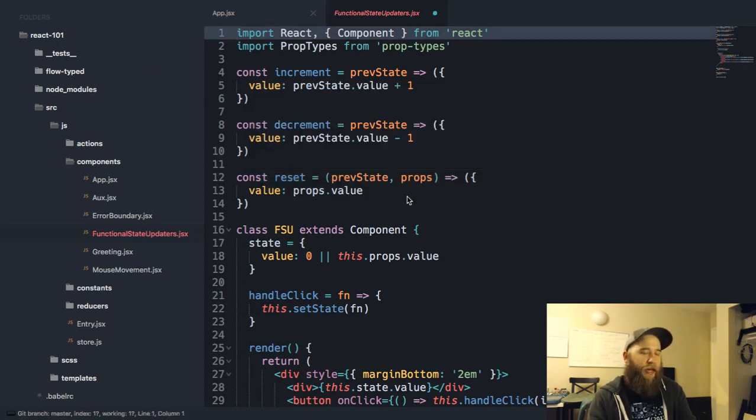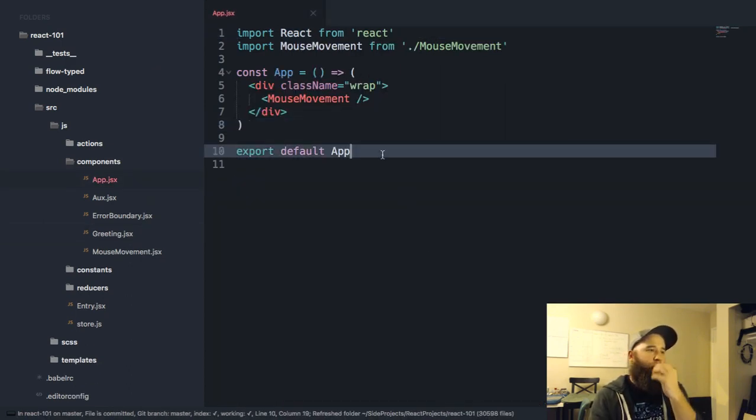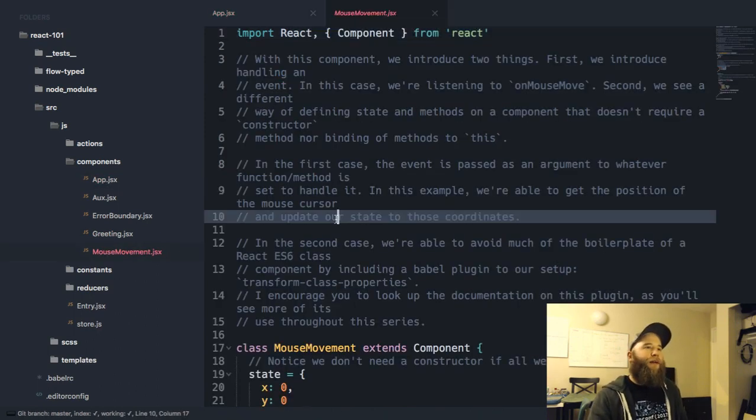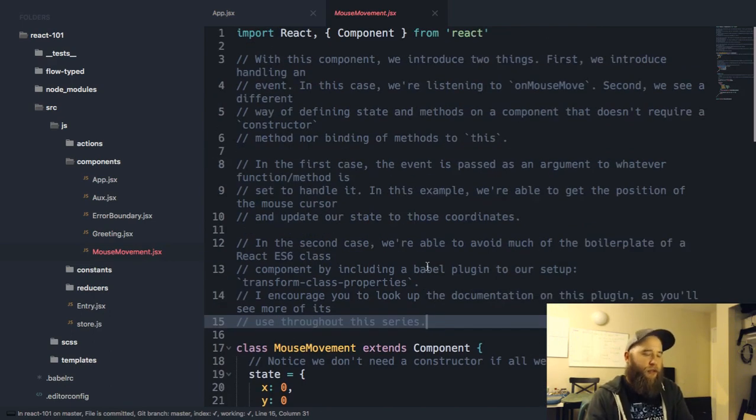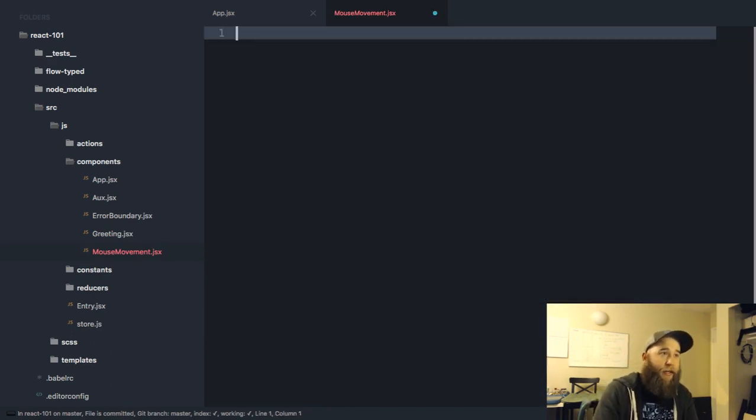Getting back to the state that I had it at master. I know I could have done that a little easier. And I have all these comments here, and you know what? I'm just going to blow this away. And we're going to make a component that handles events now. We haven't actually handled the event itself.